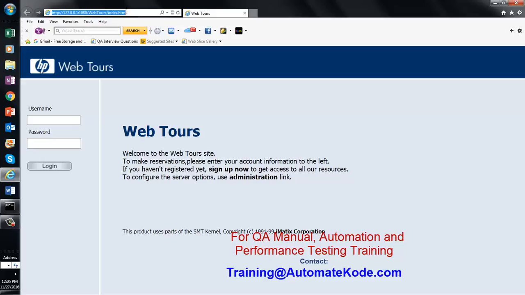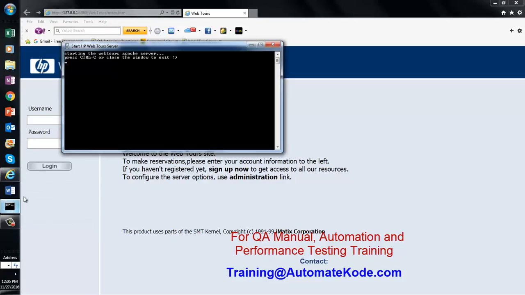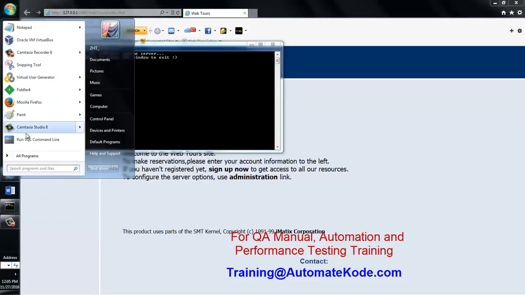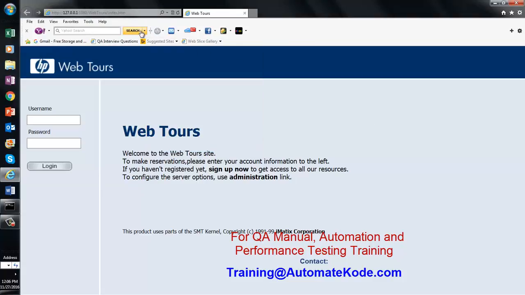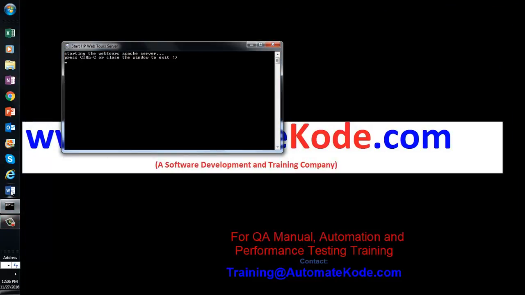This is the URL that I'm going to do recording on. And how I brought that URL: first I started the server from here. You all know that, right? And then I started the application, and I started the application because I need the URL, right? So I copied the URL, I'm going to close it, and then I'm going to start my Microsoft Word to